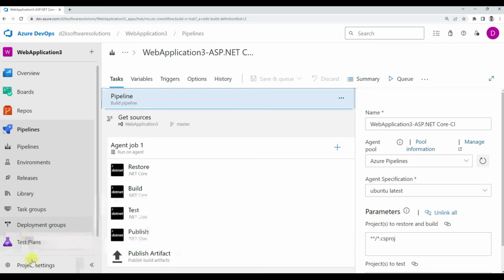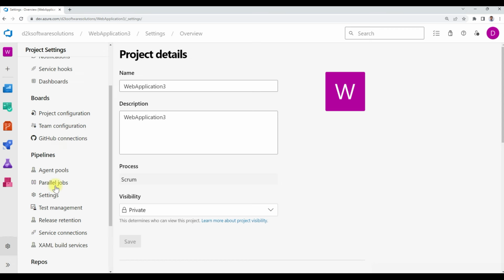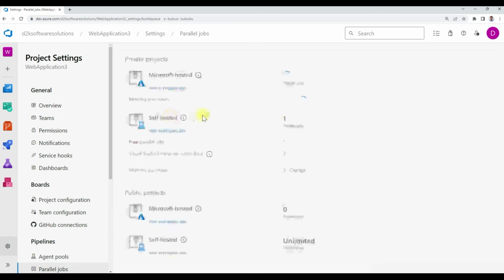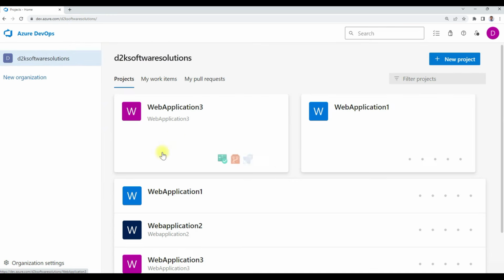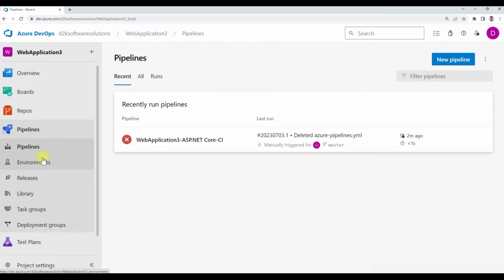So why we are getting this error is we don't have any parallel jobs, meaning the permission granted by Azure DevOps by default for the Microsoft hosted, for the private and public projects, is 0. That's the reason we are getting this error. So already the Microsoft DevOps team has given instructions